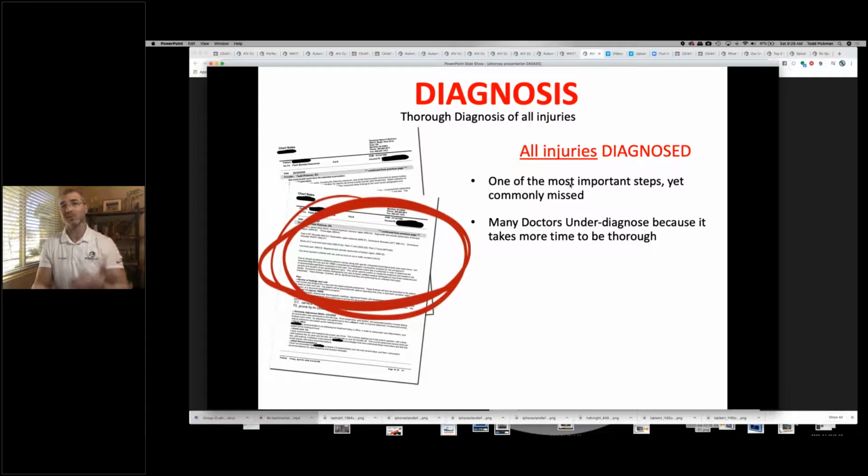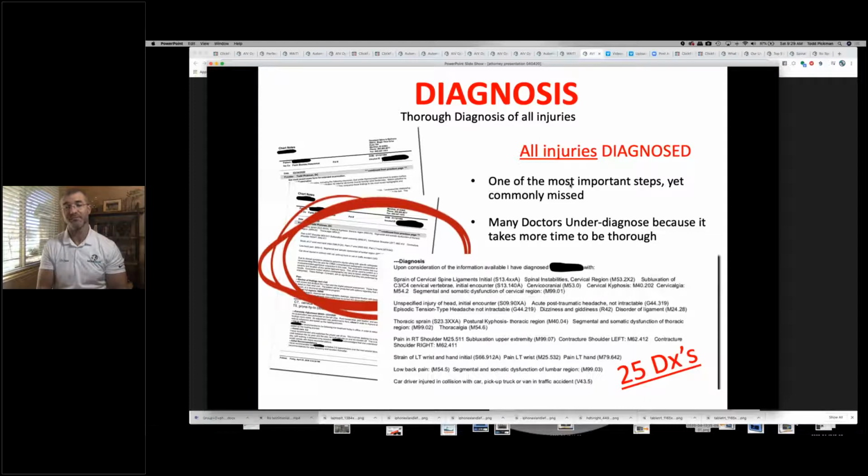In this case, this patient had 25 diagnosis codes. These are not a bunch of overlapping codes. These are all based on multiple injuries, complaints, and findings that this person had. And there's other things that are outside of our scope, like sleeping disturbances and anxiety. So what we do is we have a team of providers that we know that also understand how we operate. We understand how they operate. We're all on the same page of doing the best clinical job possible for our patients. We then refer our patients to them so they can evaluate them. They can put that diagnosis down, capture it, so that all of the stuff is recorded and properly